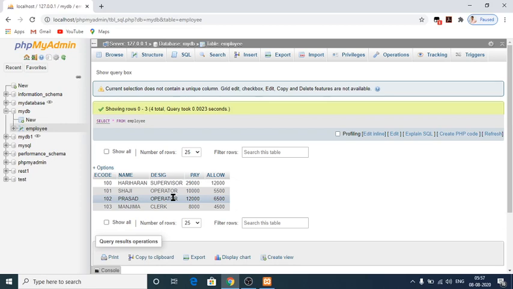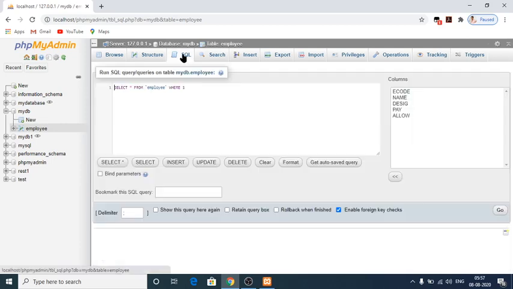So the last one, the fourth one, is to add a new row. For that we have to use insert. To add a new row we have to use insert, and with the help of the insert command we can add a new row.